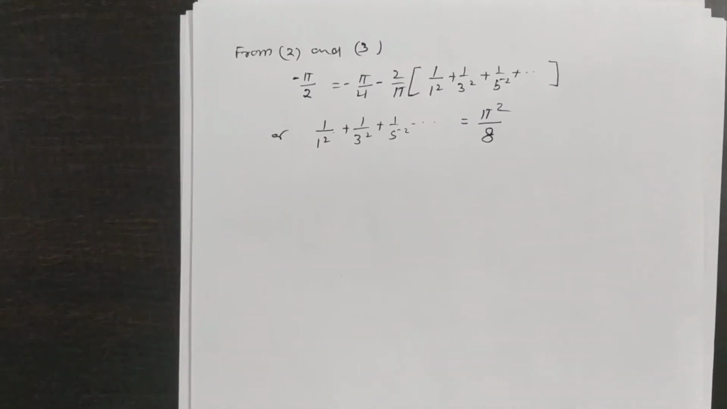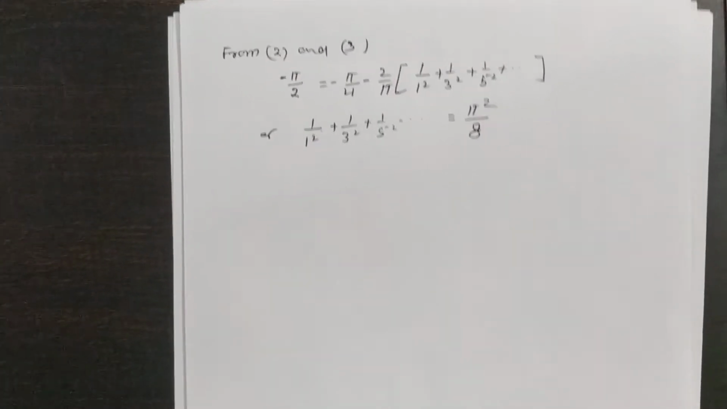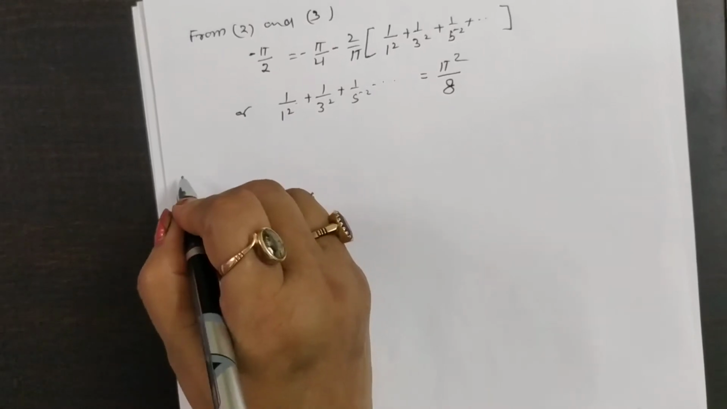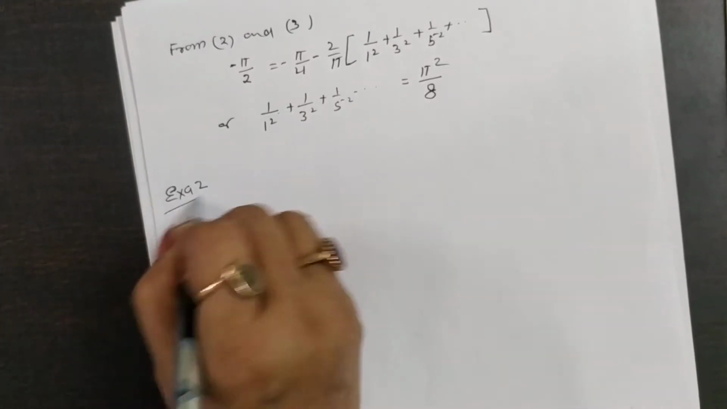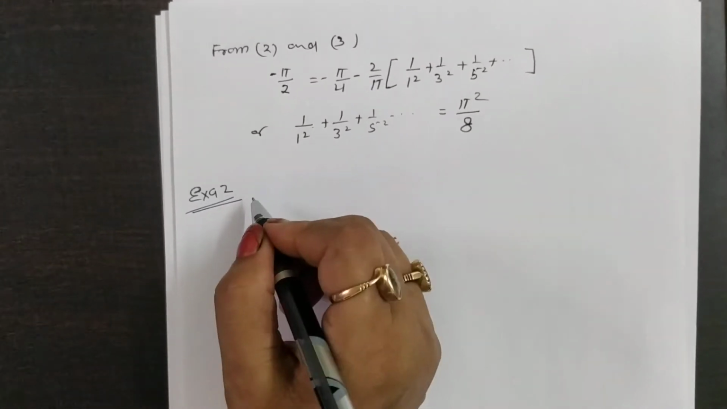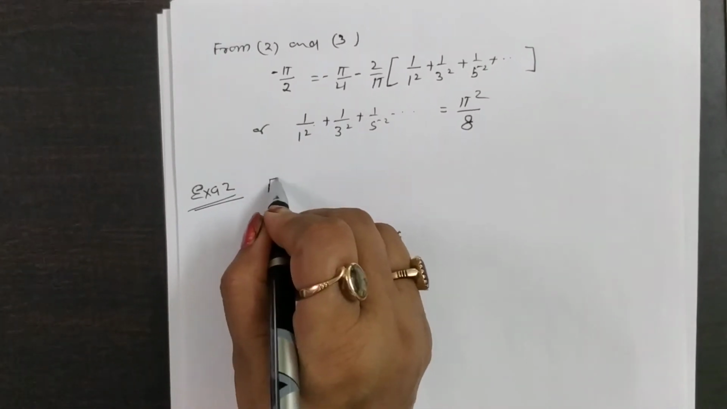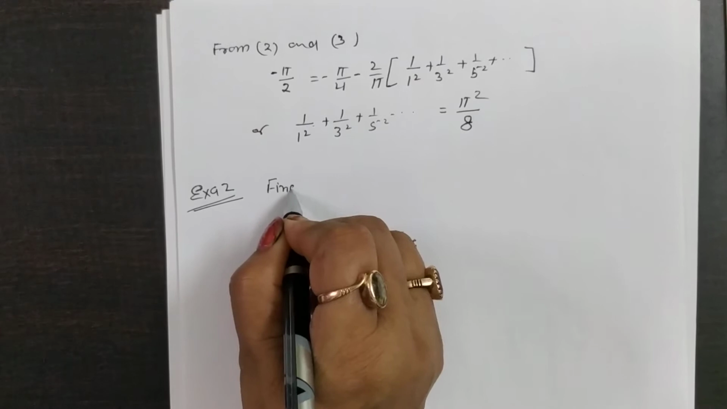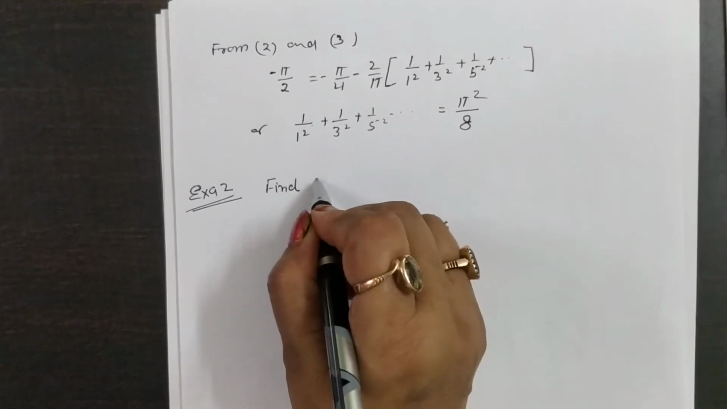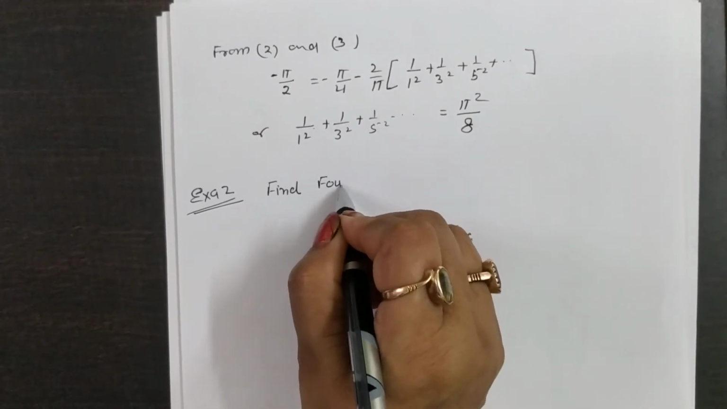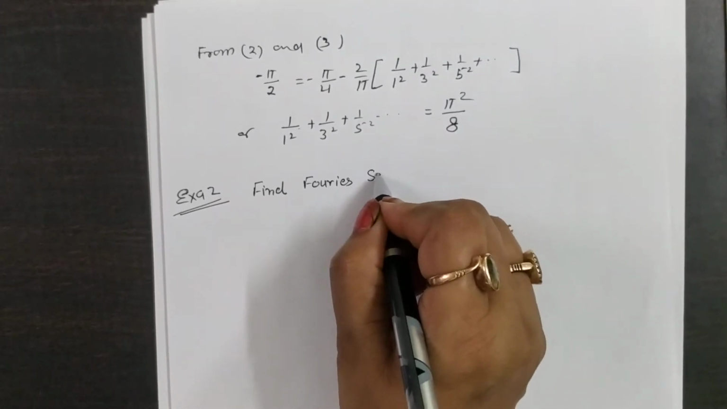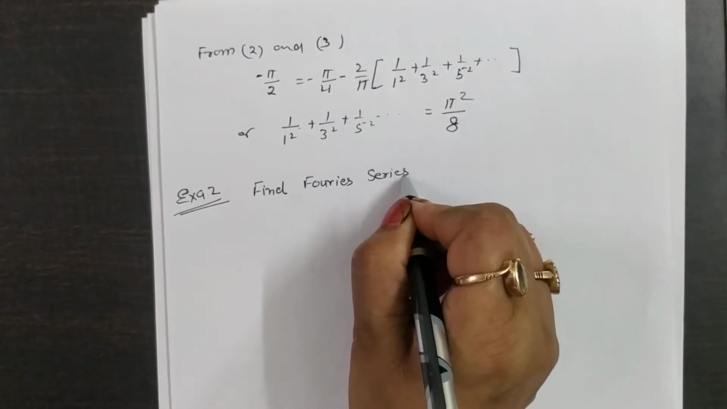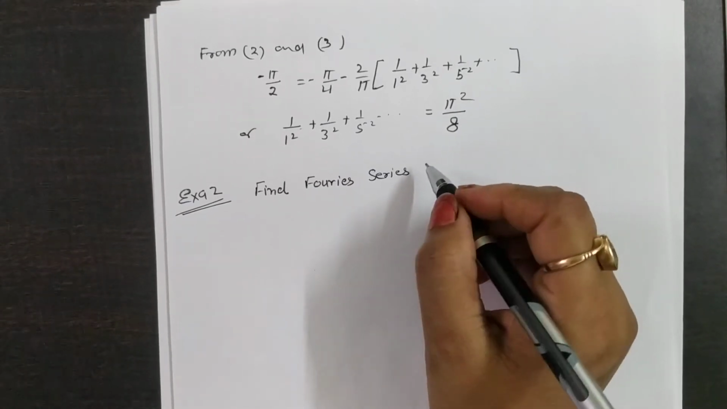Now I have defined the previous result, next is example 2 for the Fourier series. Find the Fourier series corresponding to the function